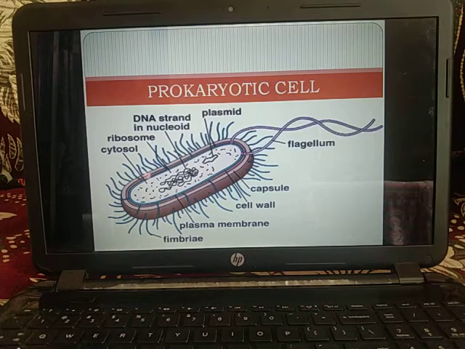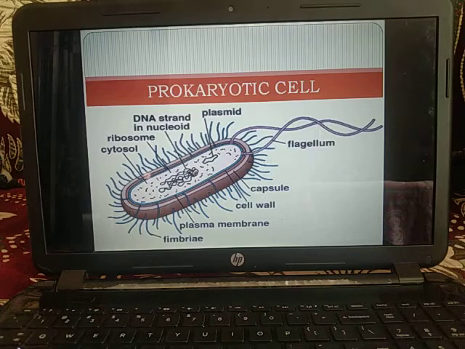This photosynthetic thylakoid lives freely in the cytoplasm. They are not organized into the chloroplast. Membrane-lined cell organelles: the prokaryotic cell lacks the mitochondria, endoplasmic reticulum, Golgi apparatus, lysosomes, microtubules, microfilaments, and centrioles. All these organelles are absent in the prokaryotic cell. Typical vacuoles are doubtful. Instead, complex gas vacuoles are present in the prokaryotic cell.